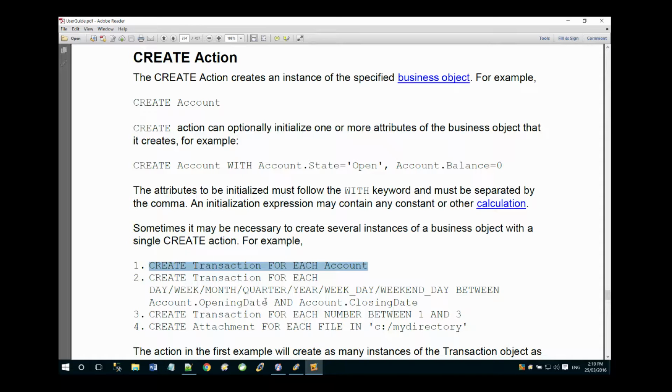You can see here that this also has in here for each number, each file, and of course the other one was for each day, week, whatever. Okay. So how do we use these? If we just scroll down a little bit further,